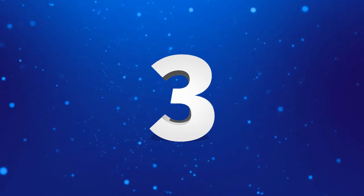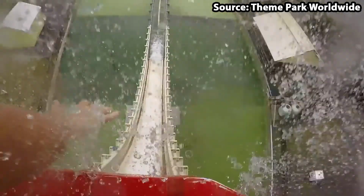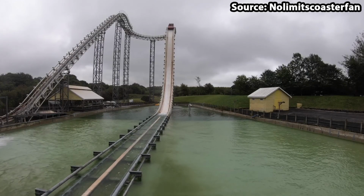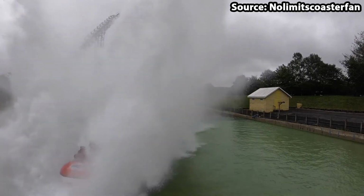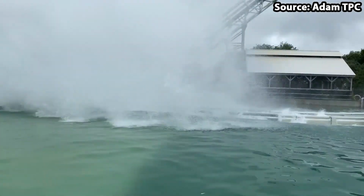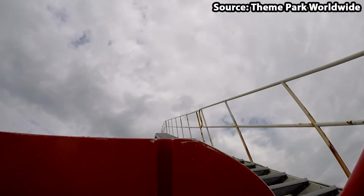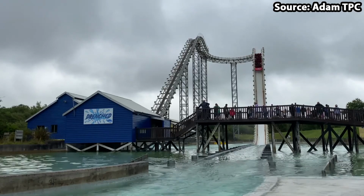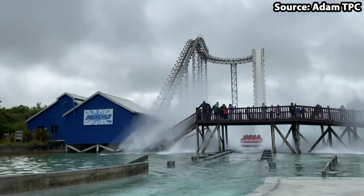We have made it to the top 3 rides at the park, and coming in for this position we have Drenched, where they have taken the word quite literally. Standing at a height of 100 feet in the air, already I know that some of you are like, no way Jose, but it does not stop there, as once you have made it to the top and turn round the corner, you will then plummet at an 88-degree angle, as well as a speed of 88 km per hour